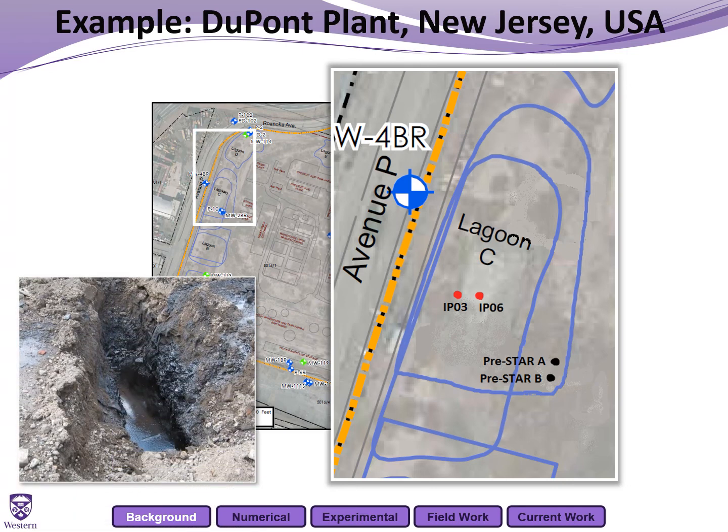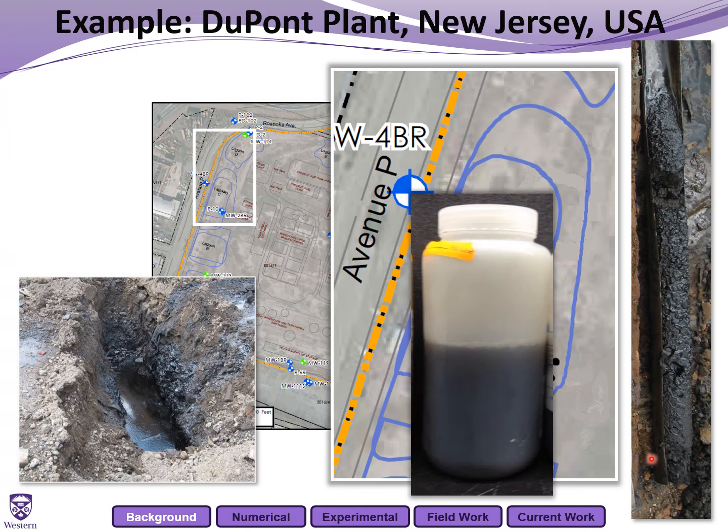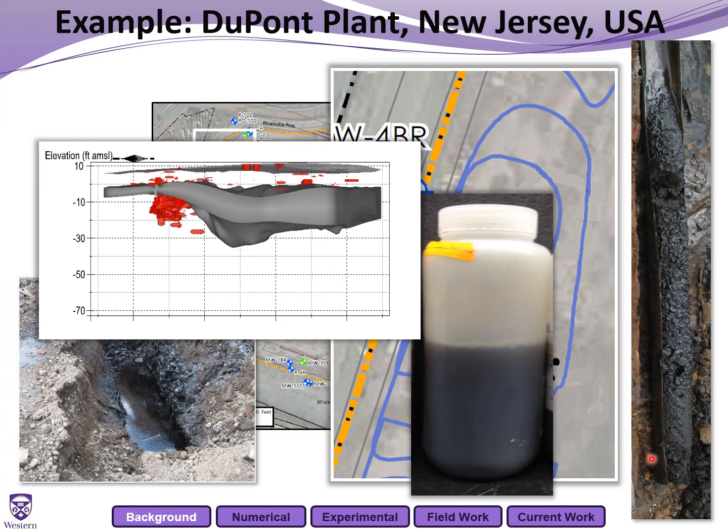This is a test pit that clearly has standing NAPL phase here. And then we have a deeper soil core, again clearly contaminated by DNAPL. And then this is just a sample of the DNAPL extracted from the subsurface. Following these site characterization activities, this is a conceptual model here. Over here is lagoon C and D, and you can see the extent of that DNAPL spill or release from the lagoons.